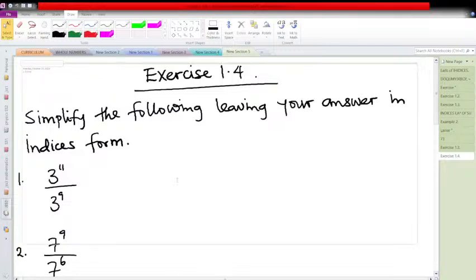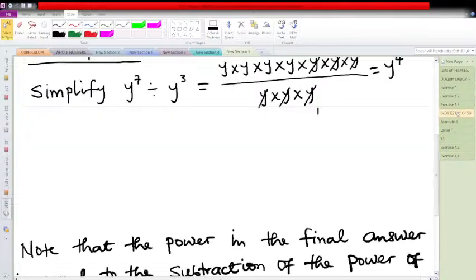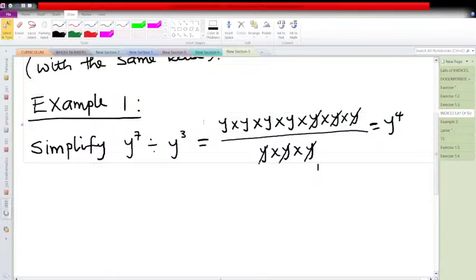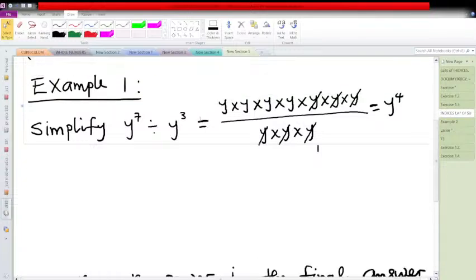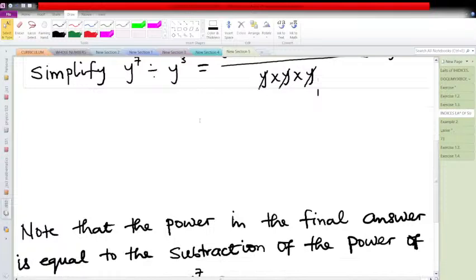So that brings us to the end of today's class. In today's class, we have been able to look at the indices law of subtraction, coupled with exercises and examples given. So what I have to say in essence, in summary, is when you are asked to divide 2 or more